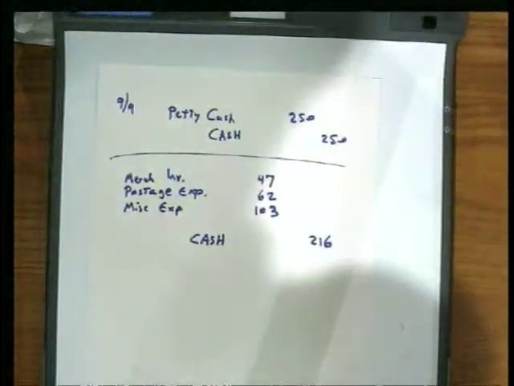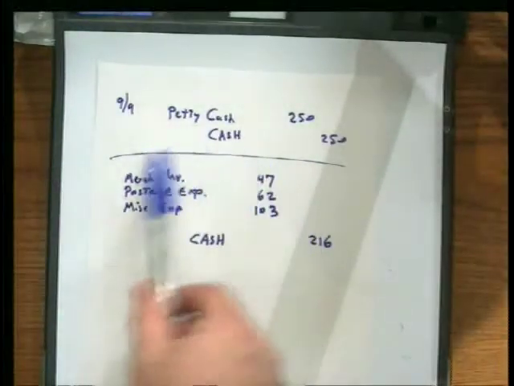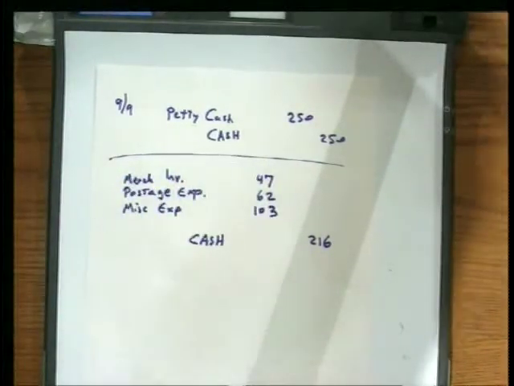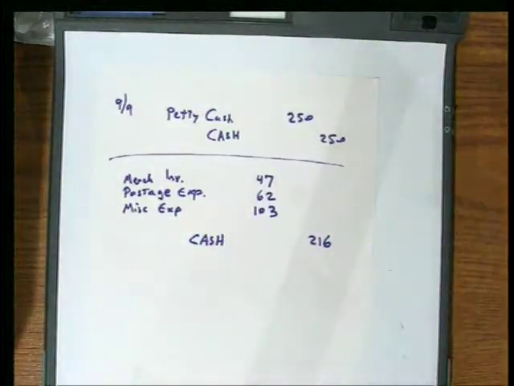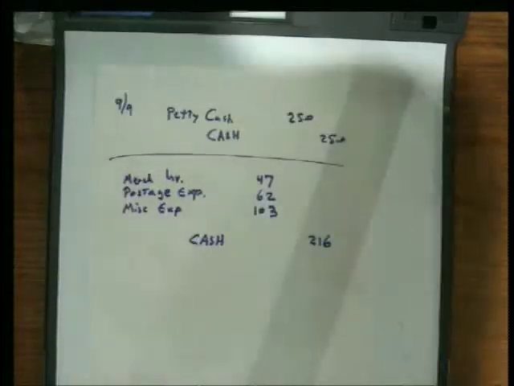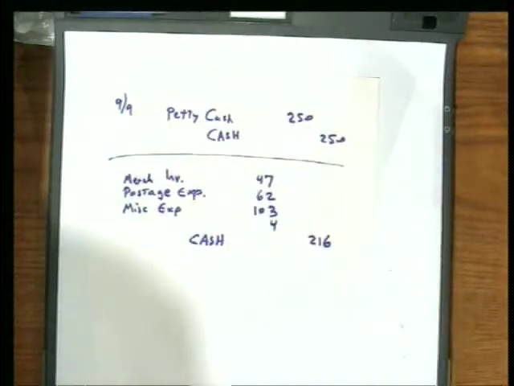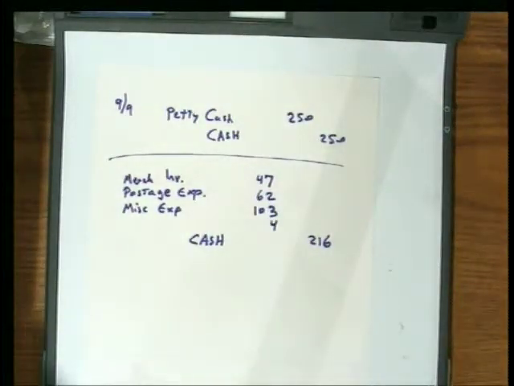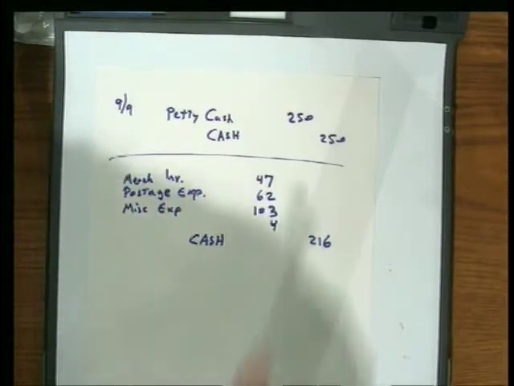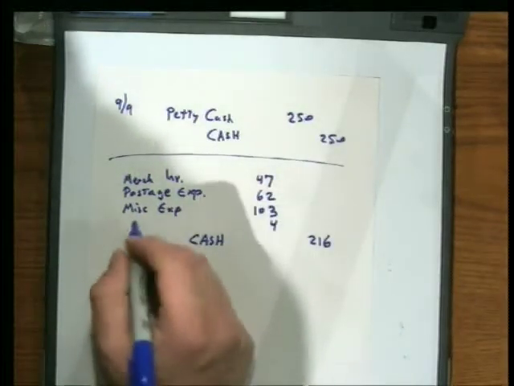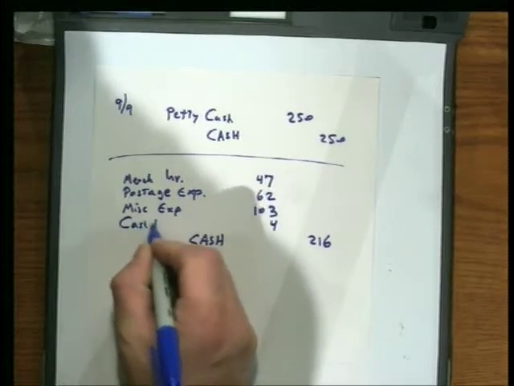Okay, so this was the first part of the journal entry. This was the second part of the journal entry. Now the third and final step of this journal entry is you ask yourself this: does this journal entry balance? Do the total debits equal the total credits? And what's the answer to that? No. Which side needs help, and by how much? The debit needs $4 more to make this entry balance, correct? So put your $4 there, and what account does that go to? Cash,